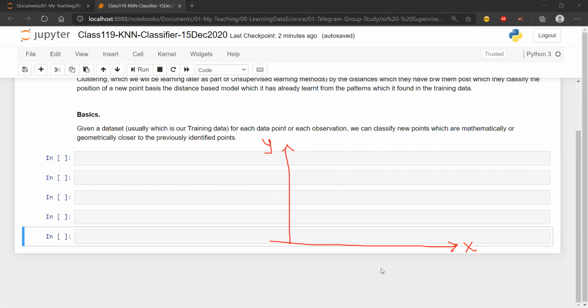But what do we do? Let's say I have two features or two attributes. Even if this is a feature and this is a target, the concept is going to be the same. In this axis, let's say I have some points of this violet color, which are very, very close to each other. And then I have some points in another color, let's say orange.